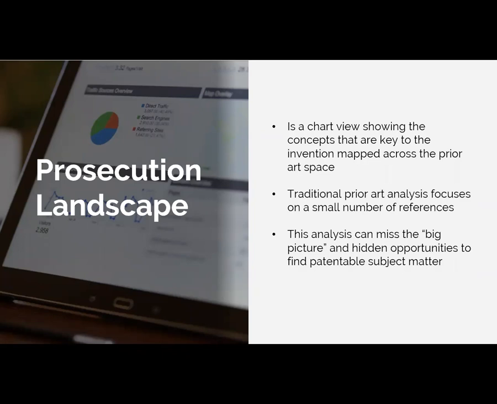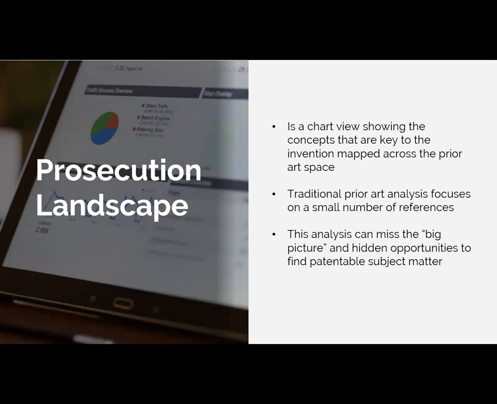Another way to approach that, it's not really a different way to do that part of it, but another way to gain insight into the likelihood of success of those arguments, or long-term likelihood that your patent will be valid even if you make the amendments that you see possible around a small number of references that have been cited,